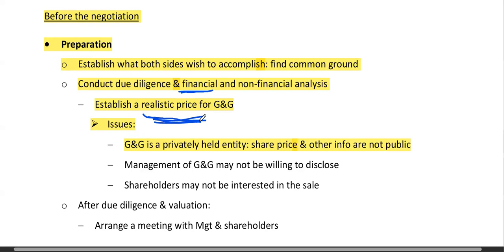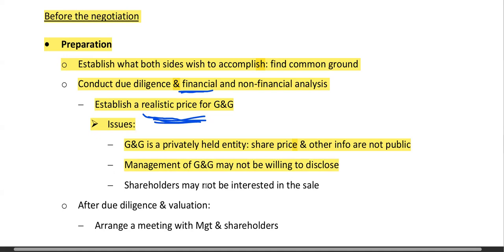So the only other option is for us to approach the company directly and seek the information. Now, once again, that's a problem because we might be seen as approaching an acquisition in a hostile context. So management of the company may not be willing to disclose. Why should they? Sometimes companies make genuine offers to acquire another company. Sometimes they make an offer so that you can get access to the books of the company. So it is doubtful whether the management of the company would be willing to give us that information,